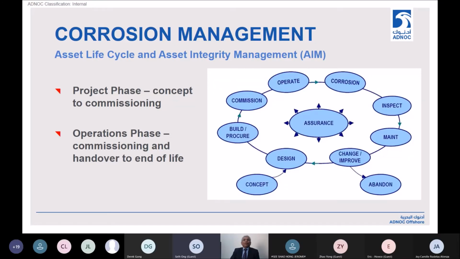Very importantly, I would like to bring to the table here that corrosion management and integrity management move hand in hand. Asset life cycle management through integrity management approaches are extremely important in the payback to the shareholders. There's a lot of investment made into developing new assets and recovering important resources from the Earth's crust in terms of both subsurface facilities, which are wells, bottom hole equipment, Christmas trees, all the way to structural platforms.